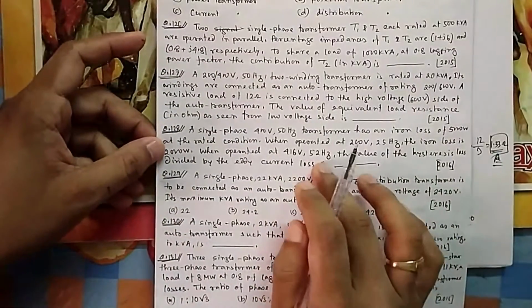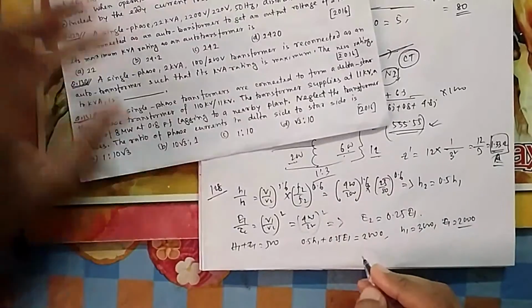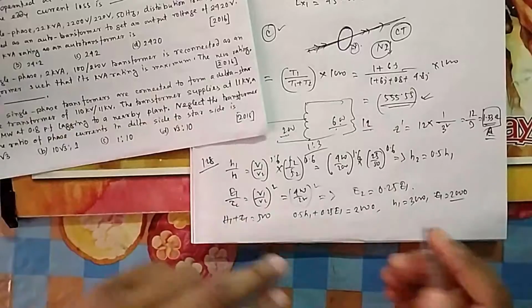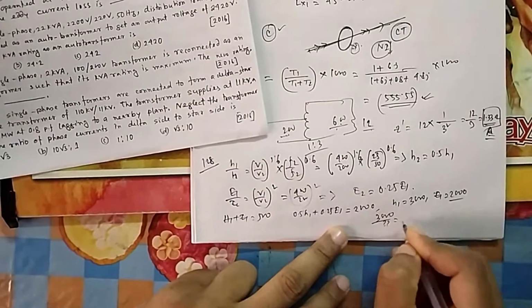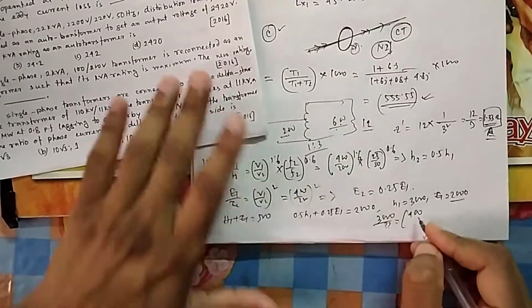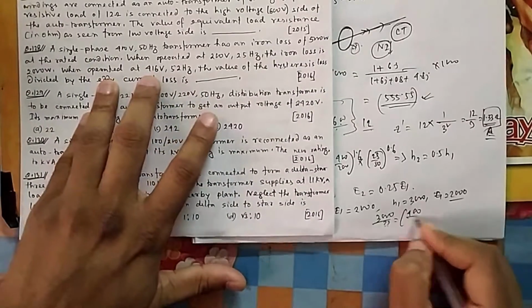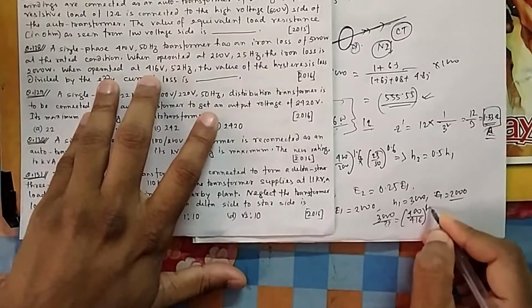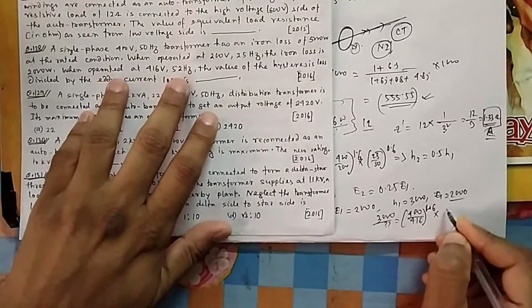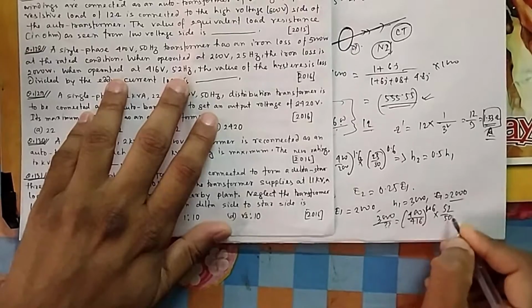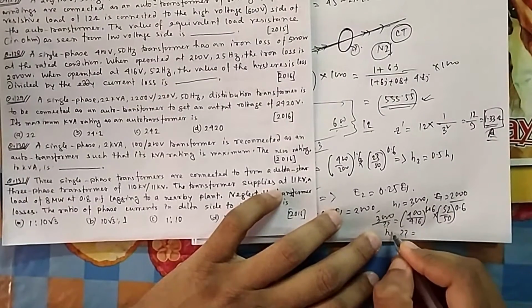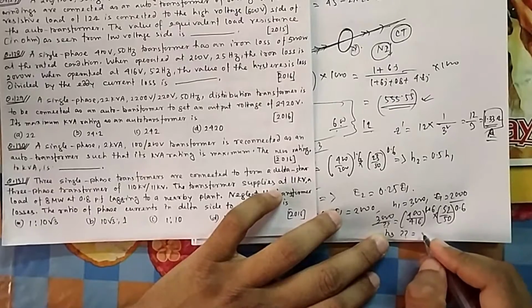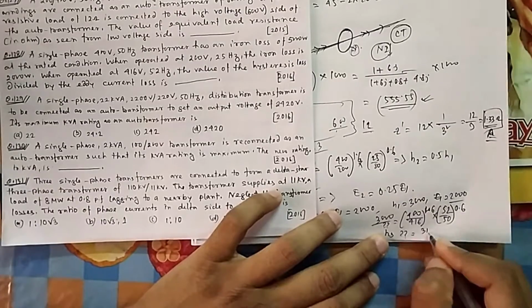So now they are asking at 52 Hz. So again you have to convert it. So now it is 3000. Now you don't know what will be the hysteresis loss. It is 400 initially you applied in the first case. Now you are applying 416 to the power 1.6 multiplied by 52 by 50 to the power 0.6. So at 52 Hz your hysteresis loss, this is actually H3 I can say. It is 3120.